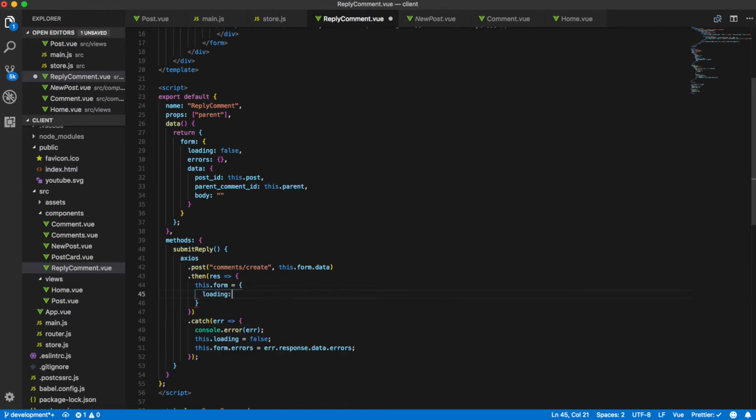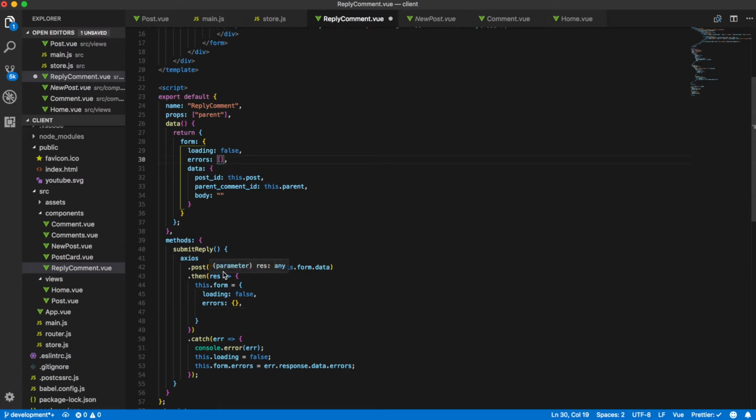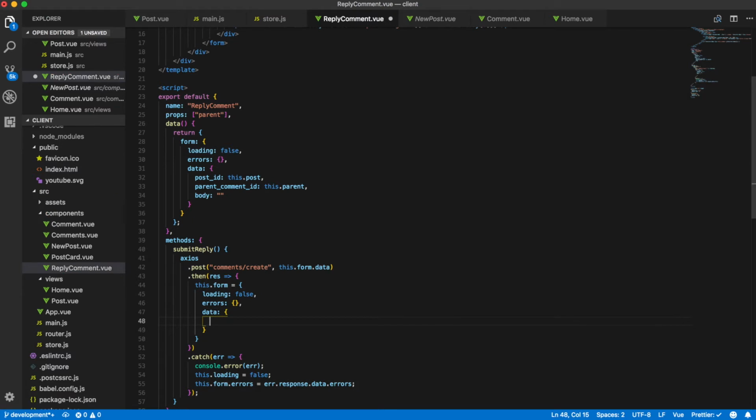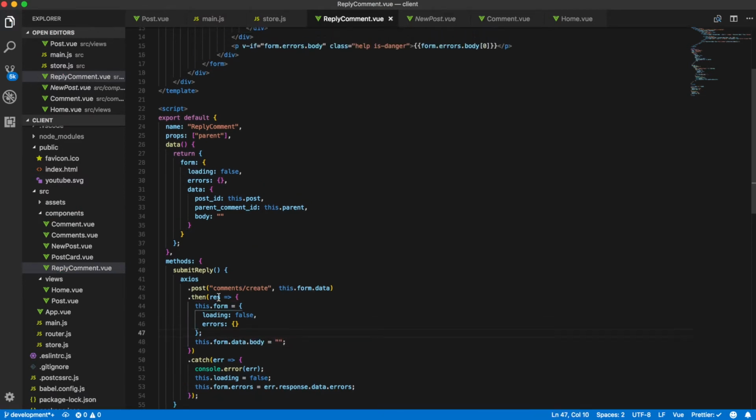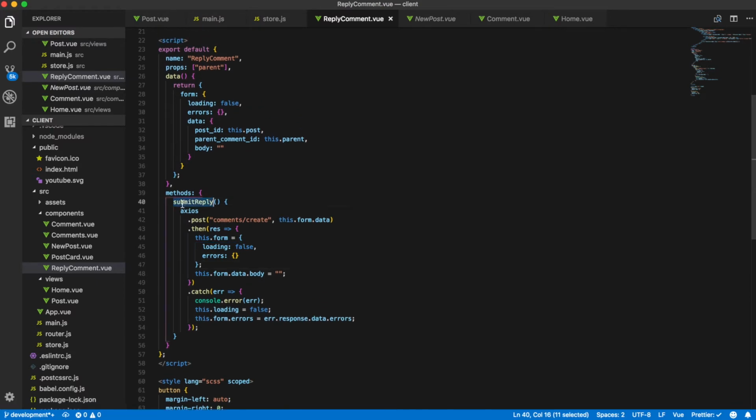So we'll set loading false, errors to empty, oh yeah, errors to empty, data to this.form.data.body. Alright, so that should be called,